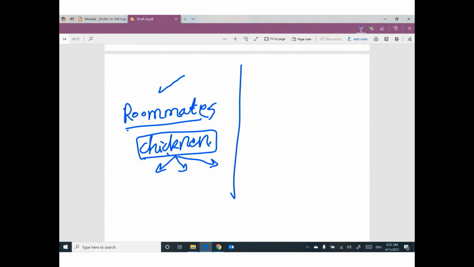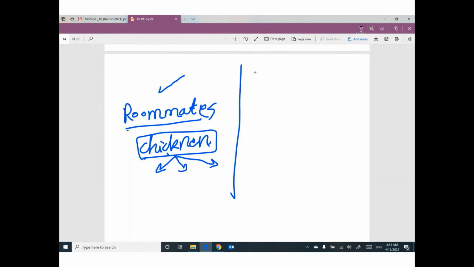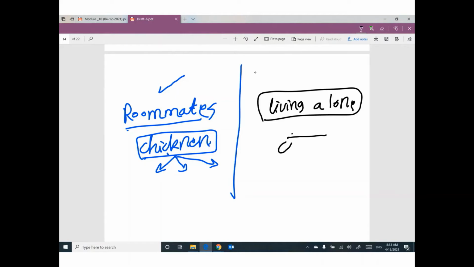But it doesn't make sense to me if I'm saying, hey guys, you are living alone in your apartment, and you have a chicken. Can I say, hey, Zach or Benjamin, can you distribute this chicken? You will say, are you kidding me? I'm living alone and this chicken is for me. So how can I distribute it? I will eat the whole chicken alone.